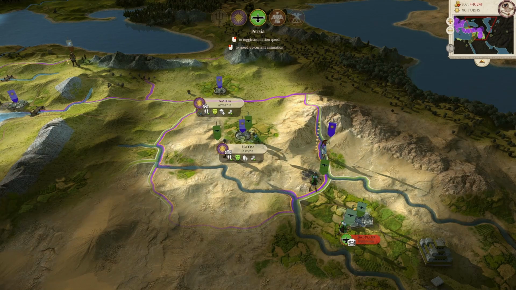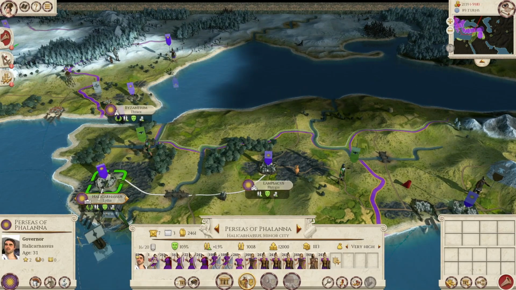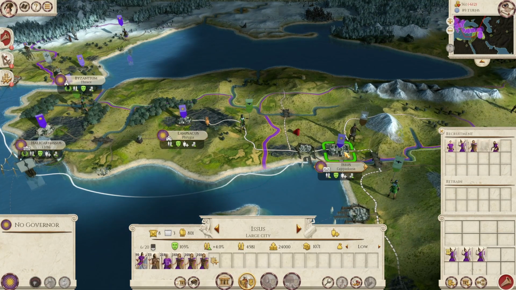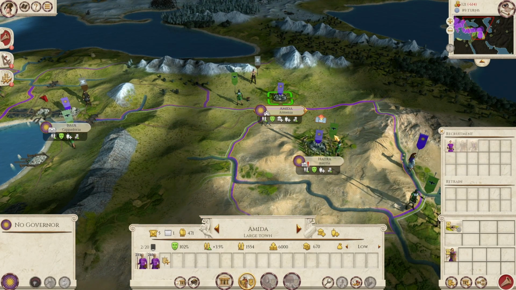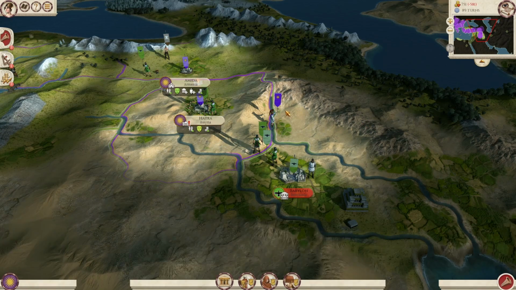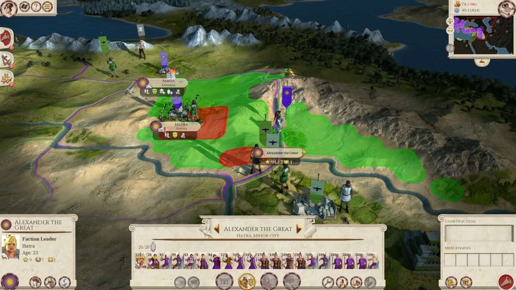Okay, and they are focusing on Hatra now. Let's continue to train phalangists in Hatra and here hypaspists. I think Hatra will be lost. Unless we move with Alexander to help. But I think...